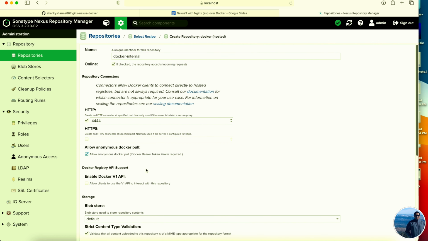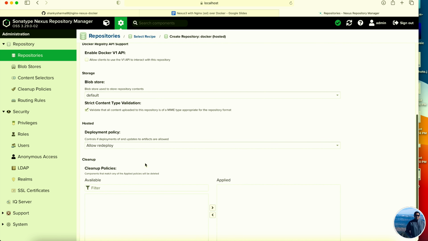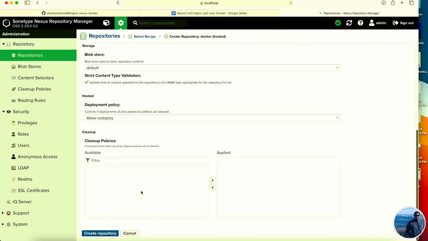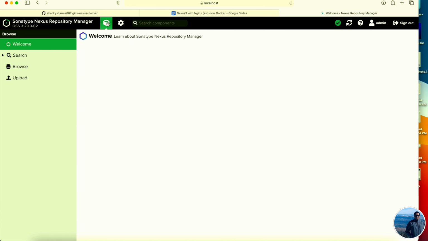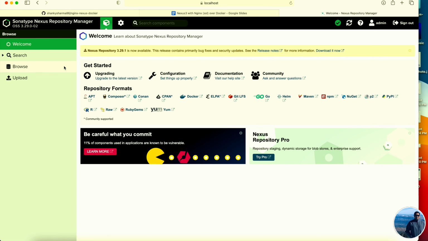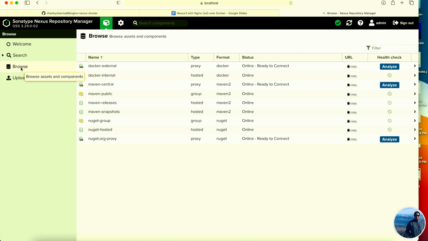Maybe allow anonymous Docker pull and keep everything as is and create the repository. All right, so we have created our Docker proxy registry as well as our Docker hosted registry. So now is the right time to verify our setup, whether we can pull through our Docker registries or not. So let's go to browse